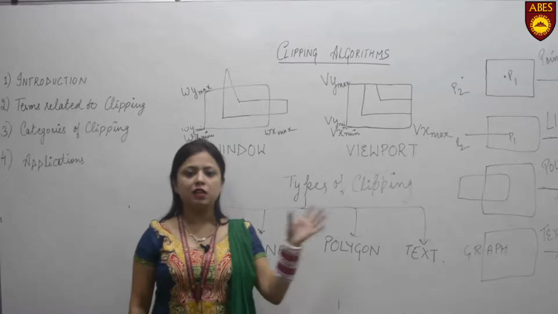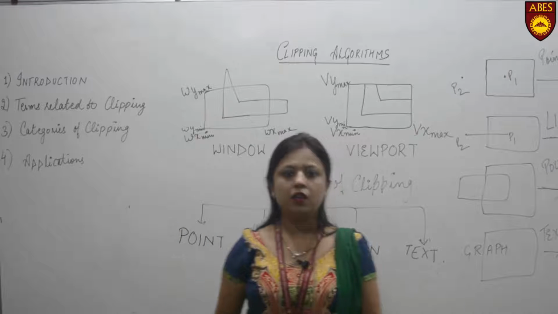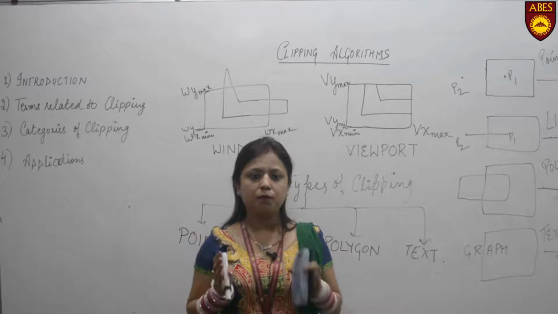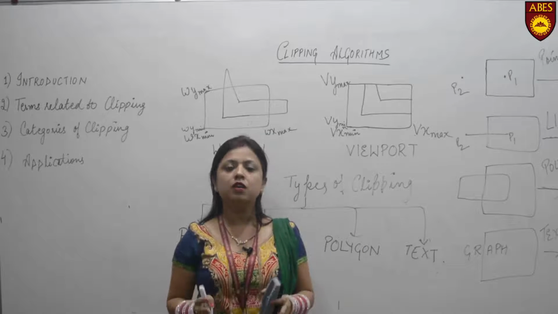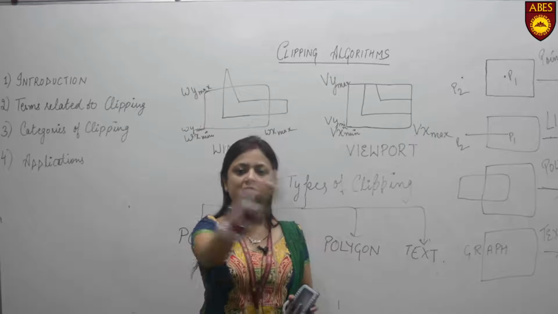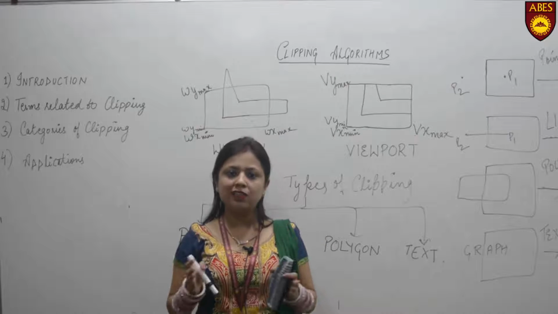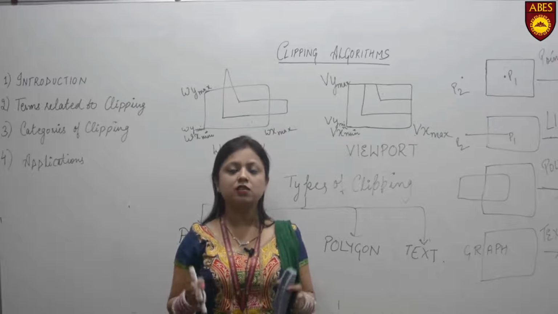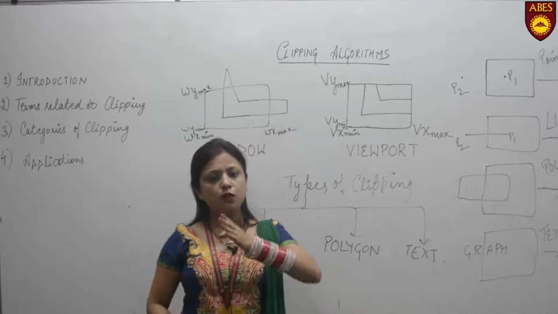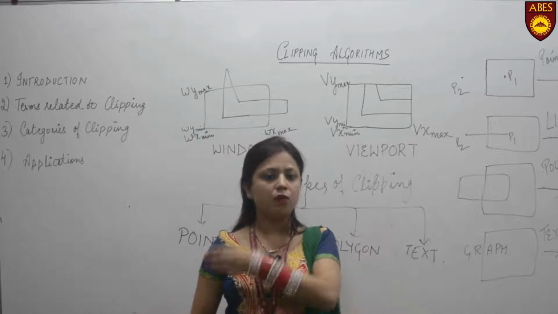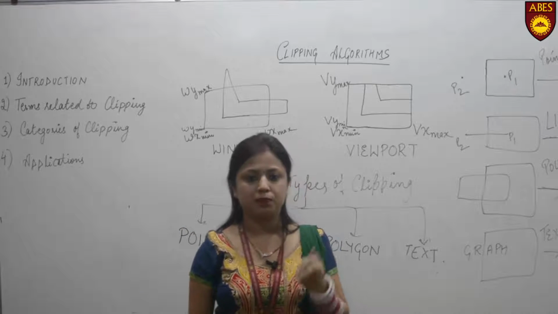For example, in a class of 60 students seated in 3 columns, I want a picture of only those 20 students sitting in the middle column. So I create a rectangle or a boundary along those 20 students. When I click the image, the output is an image of only those 20 students. All those 40 students outside that boundary are cropped out. This is the basic example of clipping.